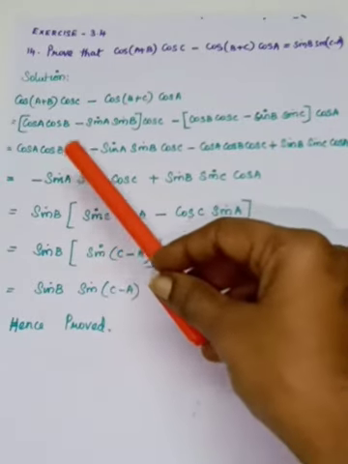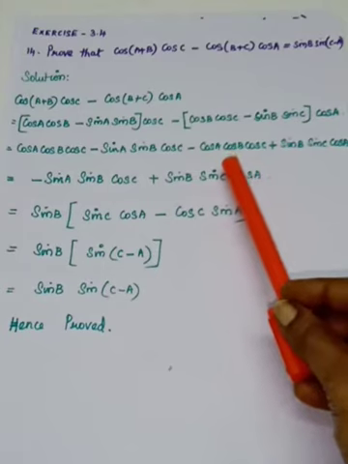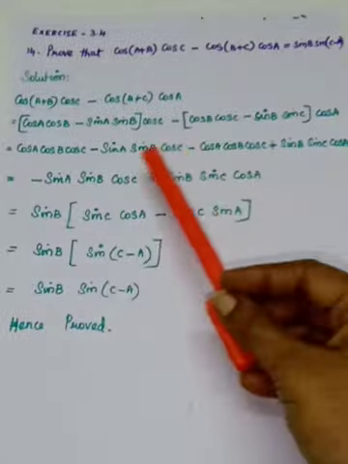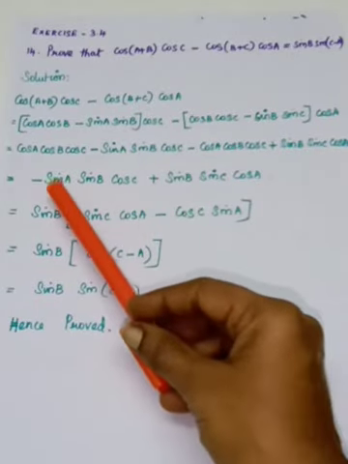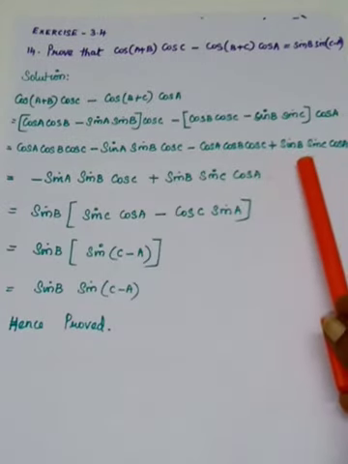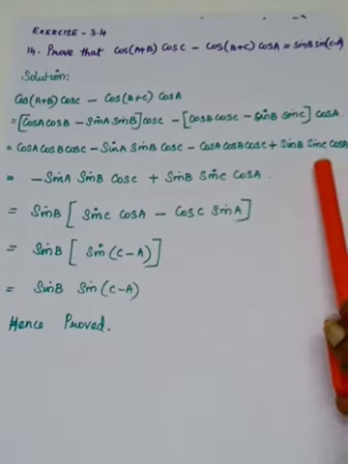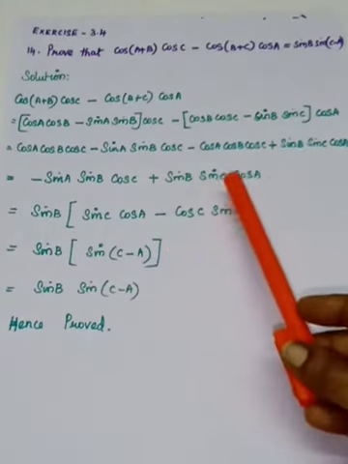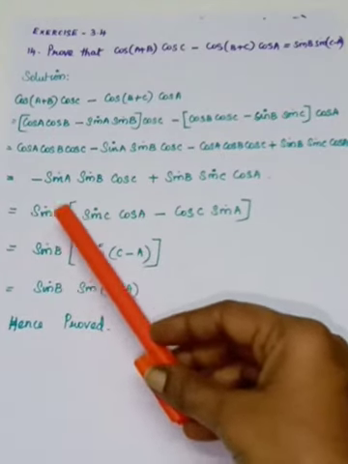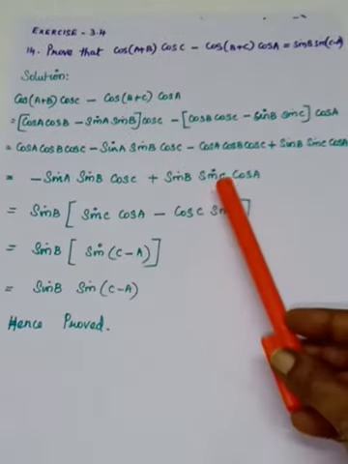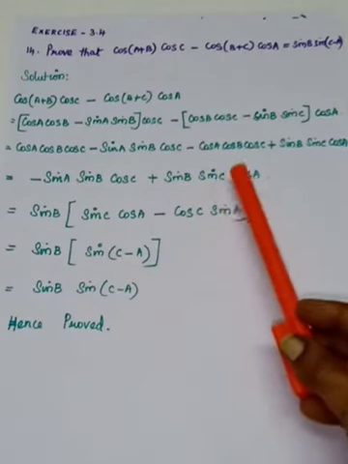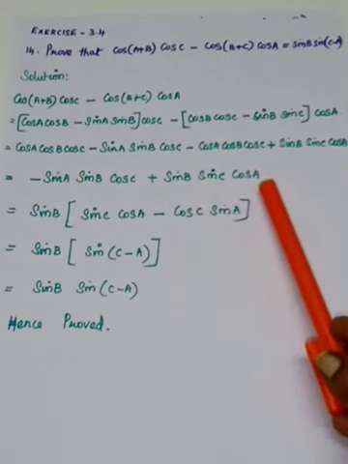Okay, you look at the first term and the third term. Both are same, but one is positive, another one is negative. So both get cancelled. So the remaining is what? Minus sin A sin B cos C plus sin B sin C cos A. Okay. So from these two terms, which is common? Sin B is common. So if we take out sin B, here this term is in negative. So first I'll write the positive term. So I'll take the second term. From that sin B is taken out means the remaining is what? Sin C cos A. Okay.